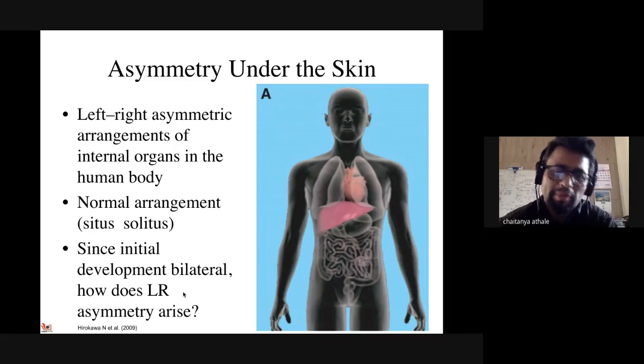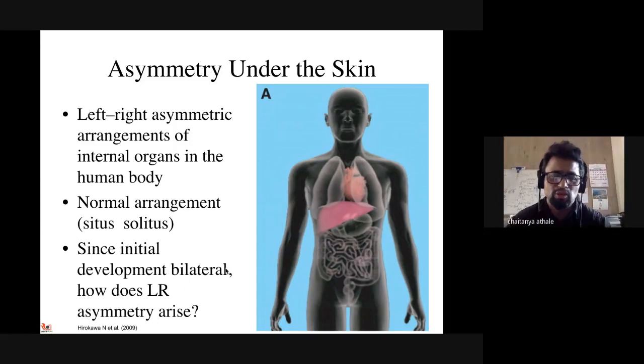So people have been asking this question for a very long time, and it was only in recent years, due to dramatic technical improvements in microscopy, in molecular biology, in our ability to understand things and bring all these concepts together, that it appears that the process by which this asymmetry in the human organ placement is generated has something to do with